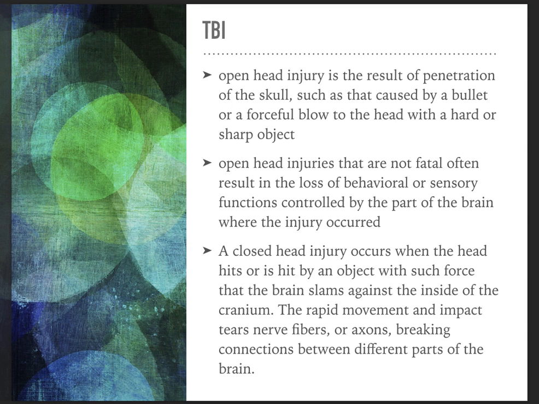So like I said, TBI can happen in a number of ways. We have a couple of categories, basically open and closed. It's the same thing as if you've ever broken a bone. It's either an open fracture or a closed fracture. A closed head injury is where there is injury to the brain, but there hasn't been any breach of the skull, the cranium per se. This can be either a major concussion or traumatic injury that causes bleeding,